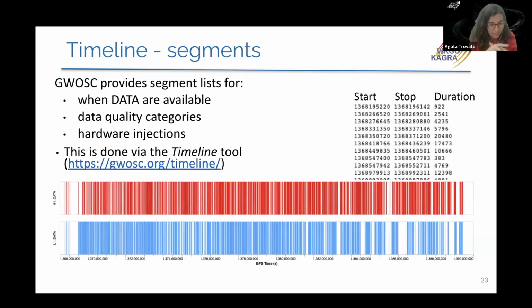About the other important quantity, I was mentioning the fact that the data are not always available. We have discussed the fact that even during an observing run, the detectors are not always online. In addition, there could be some different data quality categories, and you may want to have information about when hardware injection happened. And to do that, we use this tool that is called Timeline, which provides a view of the